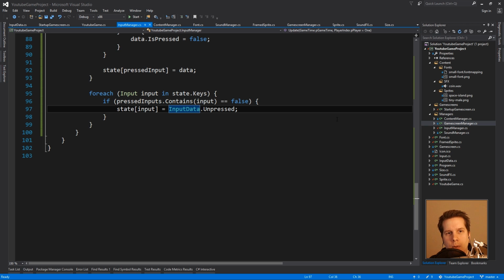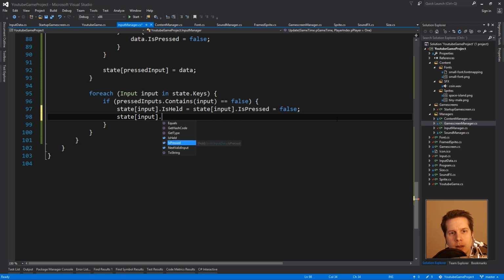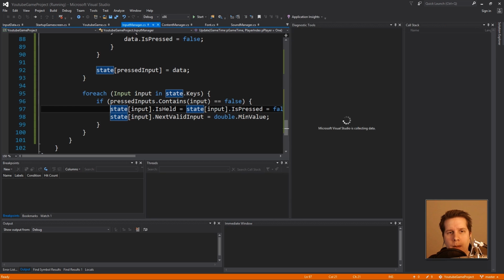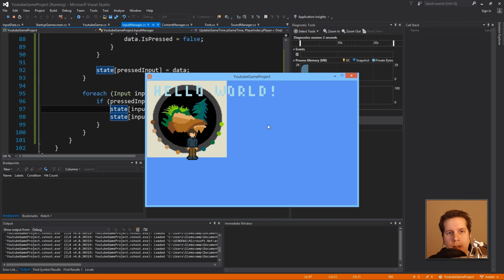Okay, so I can't do it this way because I'm basically saying I want a new object in here. So we can't do that there. We'll have to say is held is equal to is pressed. Is pressed is false and next valid input equals 0. I thought I could minimize this one, or we could do double min value. But I think that's the problem. I'm trying to insert a new object in there, and I'm not allowed to while I'm